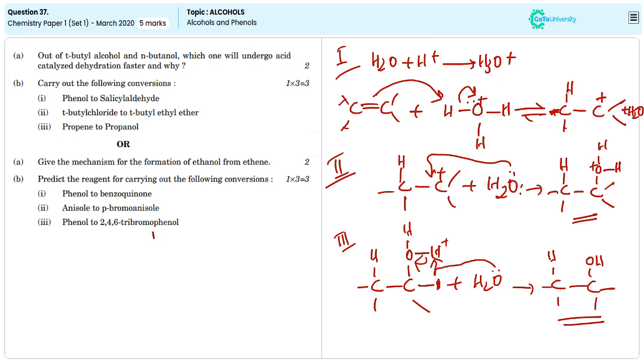For the second conversion, that is anisole to para-bromoanisole, we have to use bromine in acetic acid, that is CH3COOH. Third one, phenol to 2,4,6-tribromophenol. So we have to use bromine water or aqueous bromine. These are the reagents used for